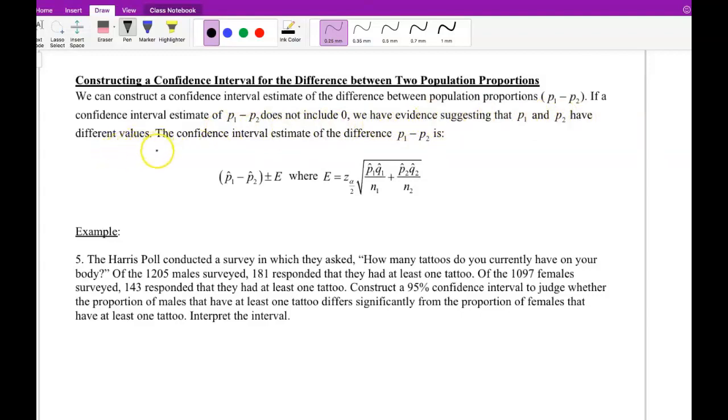So remember on the first part I said that P1 minus P2, and that part we have that part equal to 0. But here, if we didn't have 0 on that part, we suggest that P1 and P2 have different values. Okay, so the confidence interval estimate of the difference between these two population proportions is,